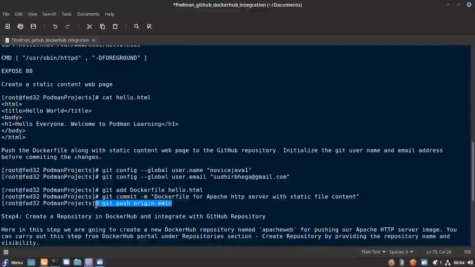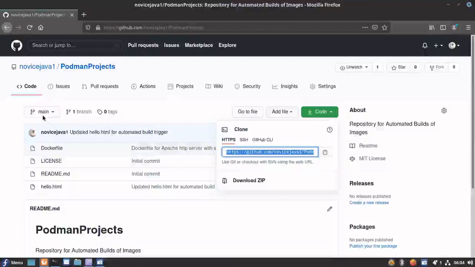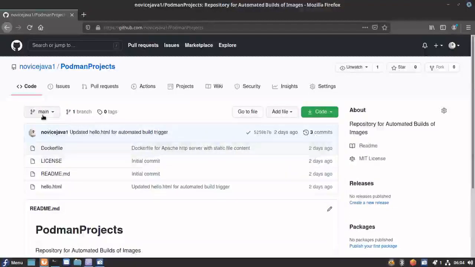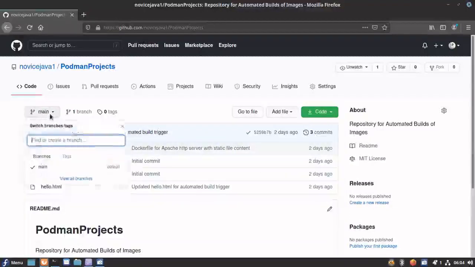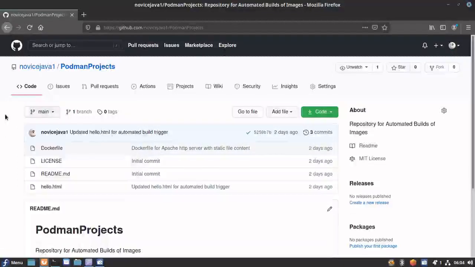Okay, so right now there is a very important change that happened in GitHub. Whatever new repositories we are creating are coming with the branch as main. You can see here the default branch is main.